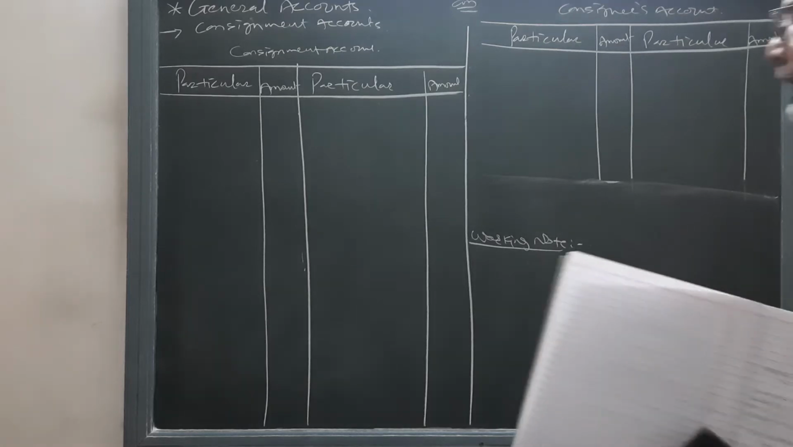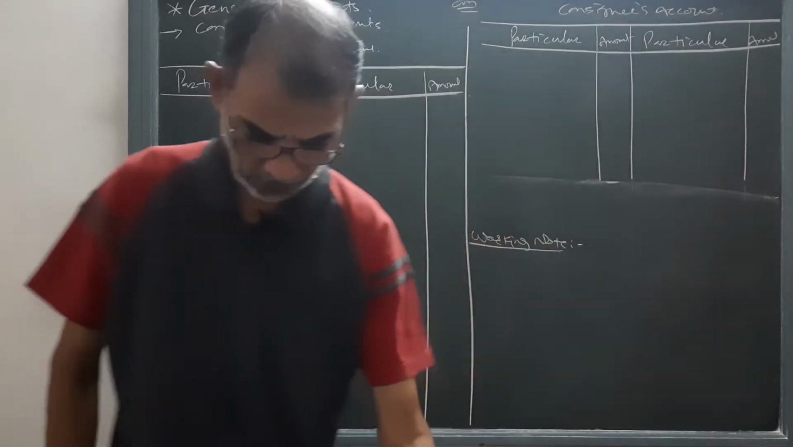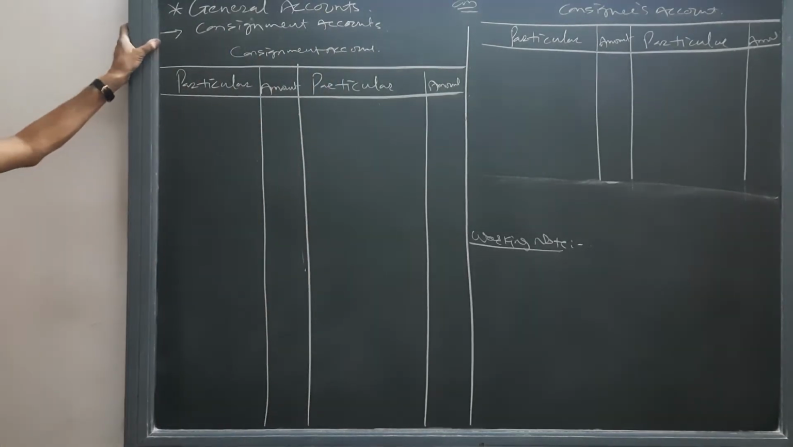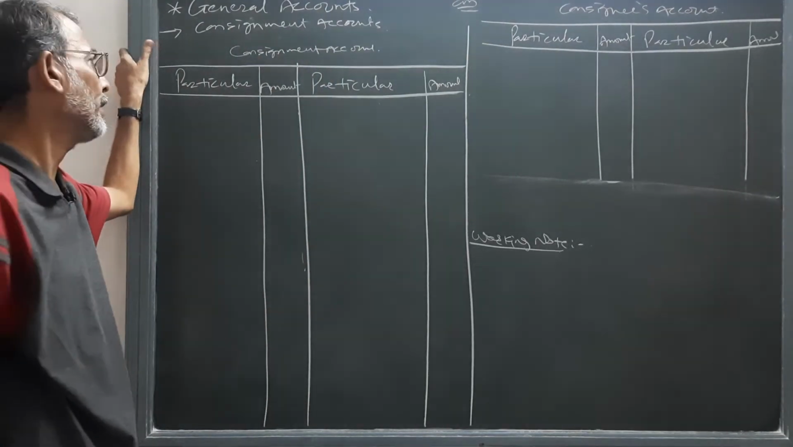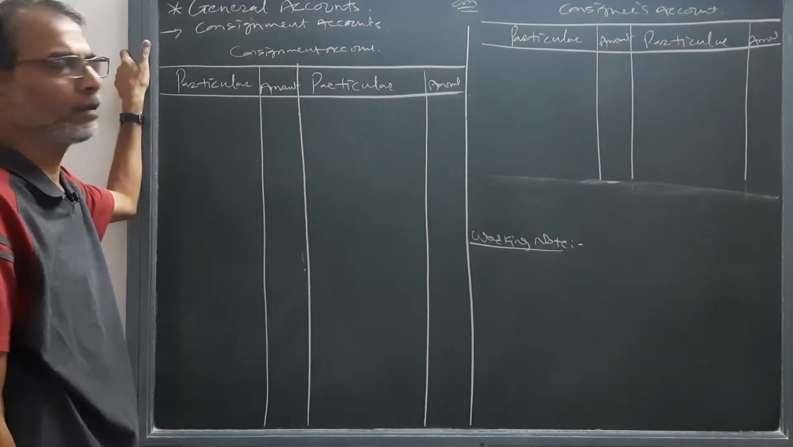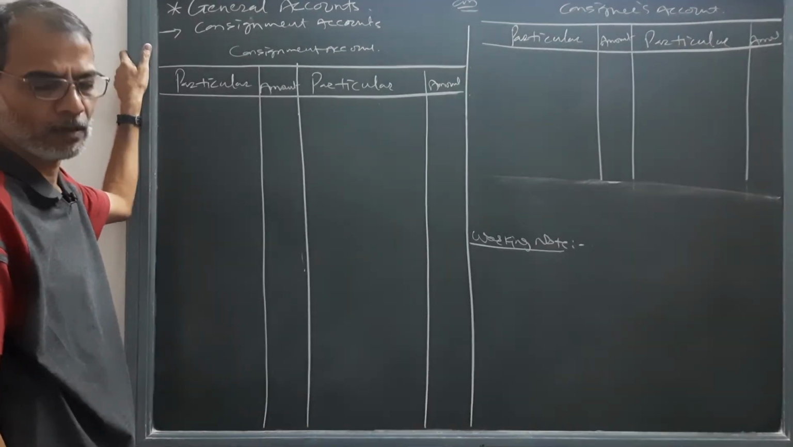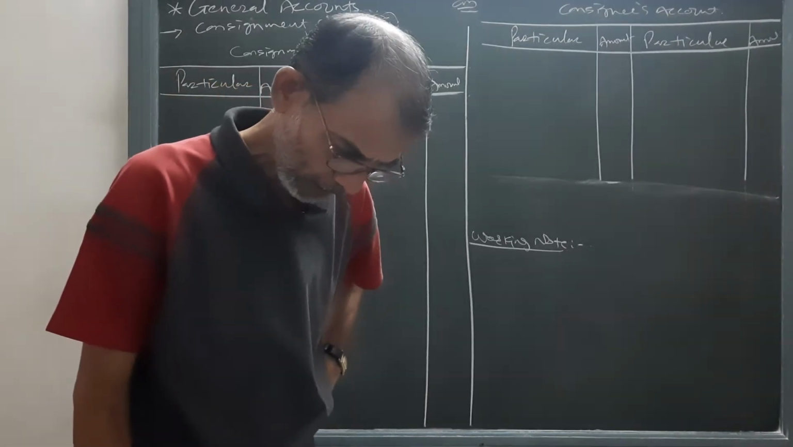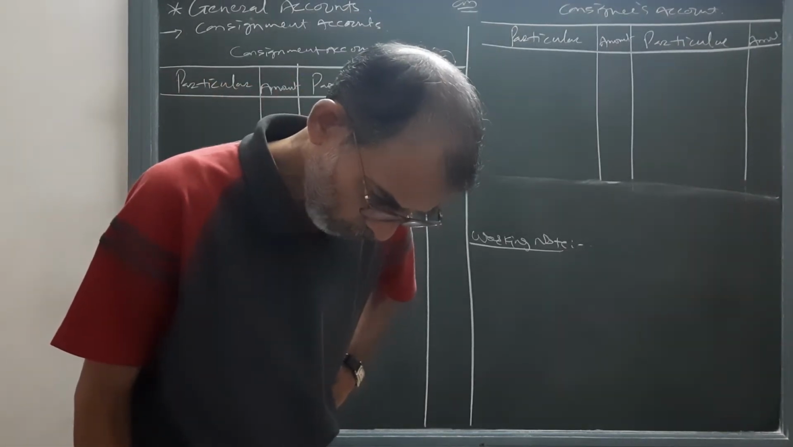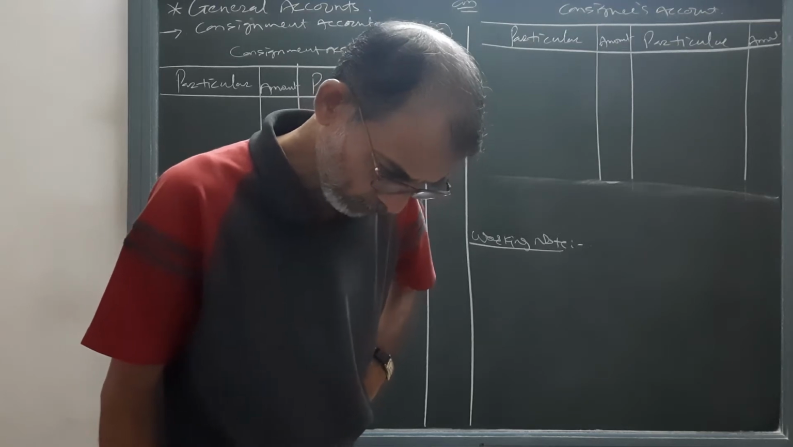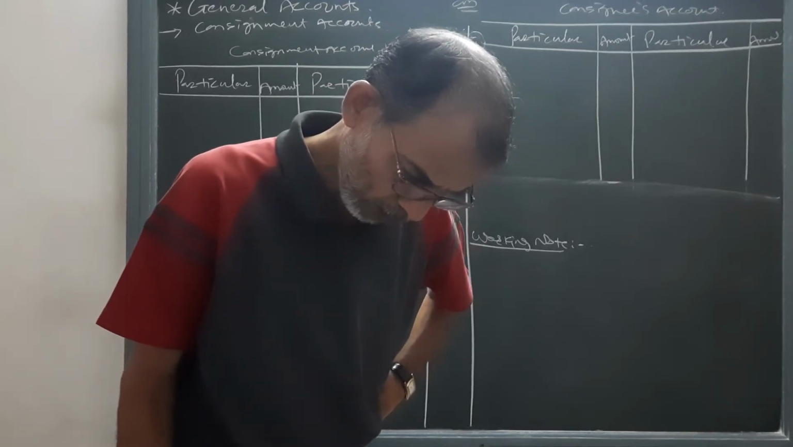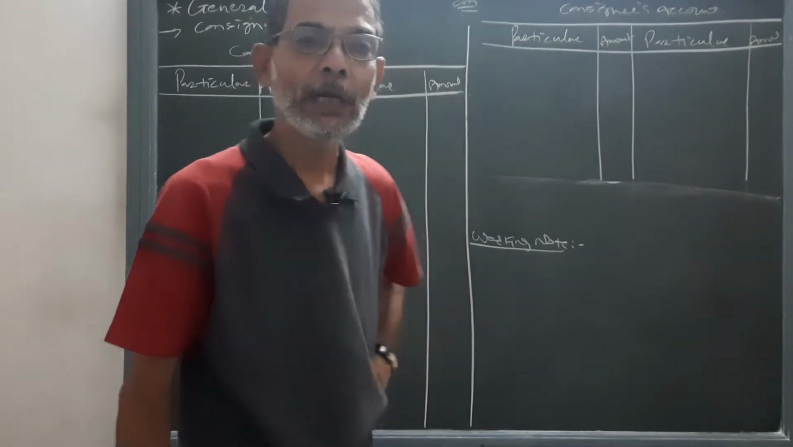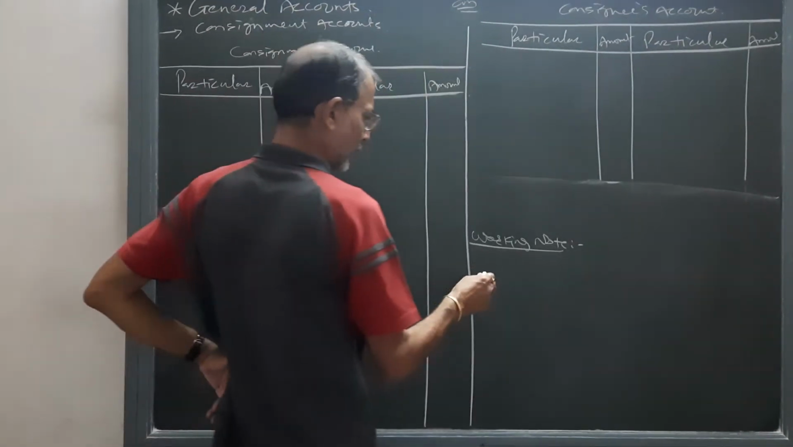Now if we see how these entries are to be posted in the accounts, here two accounts have been prepared, consignment account and consignee's account. First of all, the invoice price is given, cost is 15,000, but invoice was made out at a figure so as to show a profit of 25% on invoice price. So in working note,